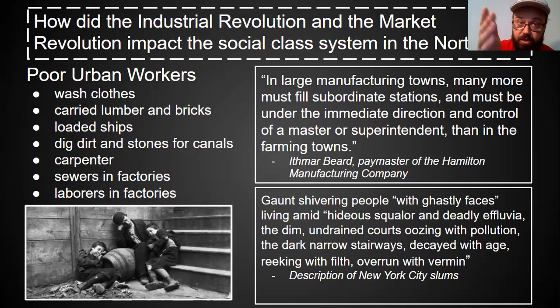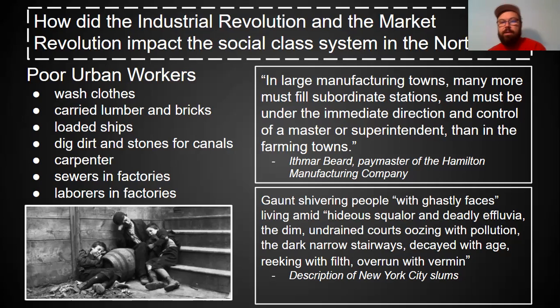I tell my students this every year. I'll tell it to you. If you grow up and have kids and you name one of your kids Ithamar and bring me the birth certificate, I will give you $100. If you prove to me that you named your kid Ithamar. Better yet, if the first name is Ithamar and the middle name is Beard, I'll give you $200. That's a promise. It's a guarantee. Ithamar Beard Bristol, or whatever your last name is.